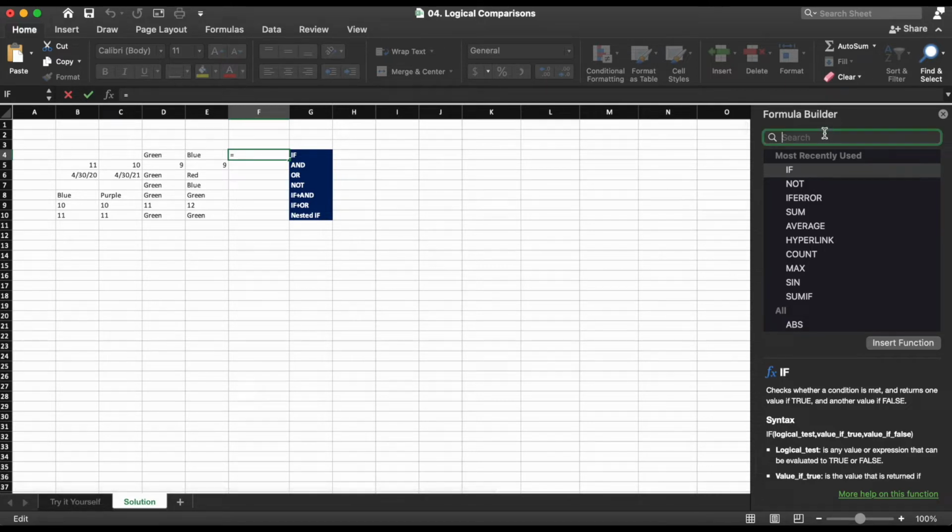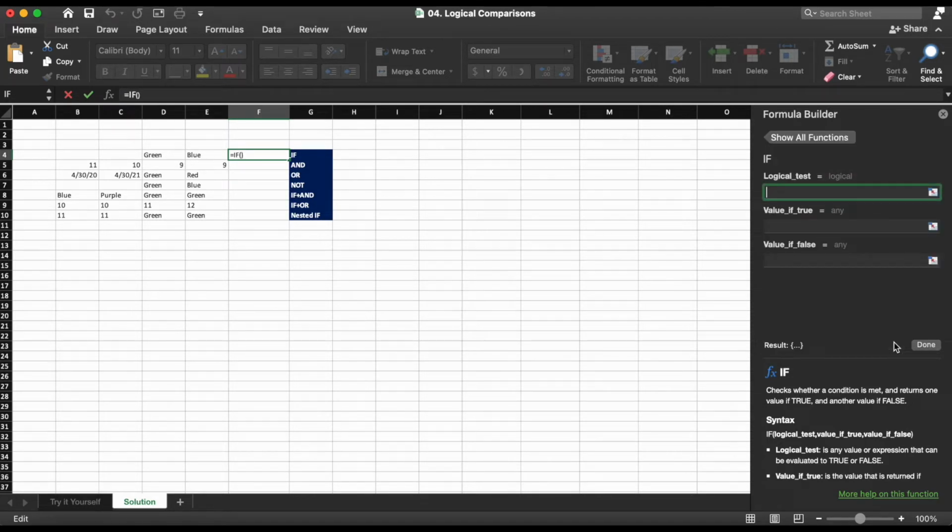So we're going to go over to the search bar here. We're going to type IF, and you'll see that it filters for anything that says IF, and then you can either double click this or click Insert Function down here. And you'll notice on the bottom that it gives a brief description of the formula and then the syntax as well. So let's go to Insert our function.